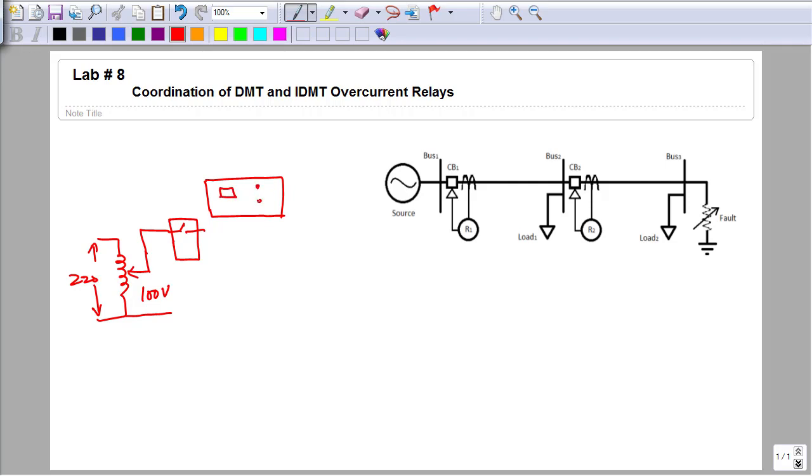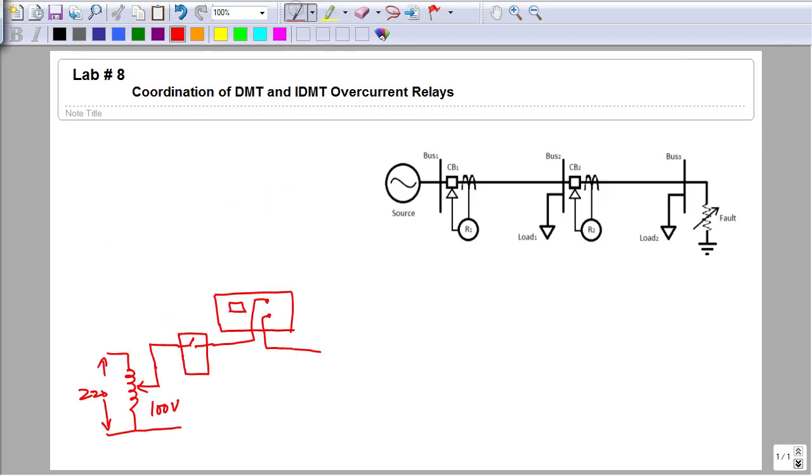Here is the input terminal for the current. So this current will be passed through these two terminals. Current will come out here. Then the next is the line section, which is an ideal line, so no need to draw the line over here. Next would be the load. The load is connected over here.